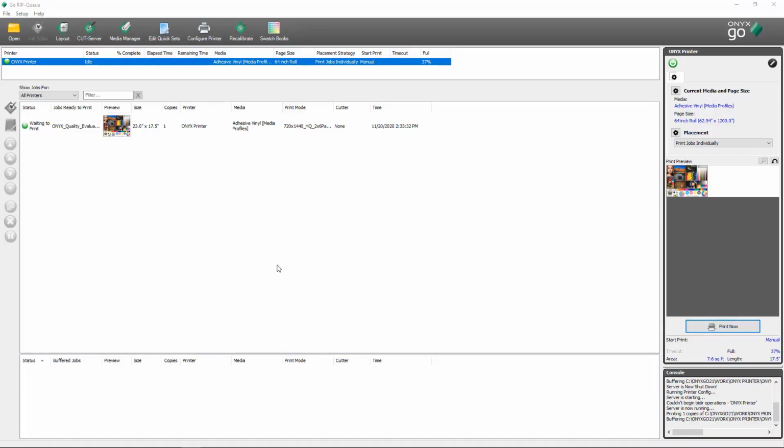The next thing I'd like to take a look at is quick sets. In ONYX, quick sets are a way for you to apply a certain number of settings to a job each time that a job is opened using that quick set. Inside of RipQ, we have a couple different places to get to quick sets. If you just want to make edits to an existing quick set, you can select Edit Quick Sets from within RipQ. But if you're looking to create a new quick set, you'll want to go into Configure Printer,